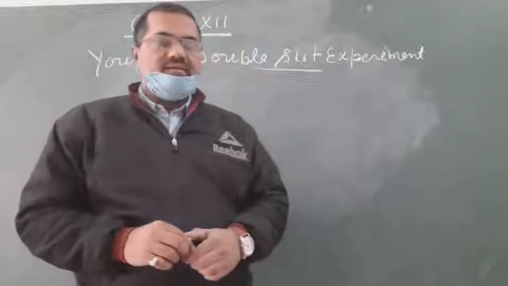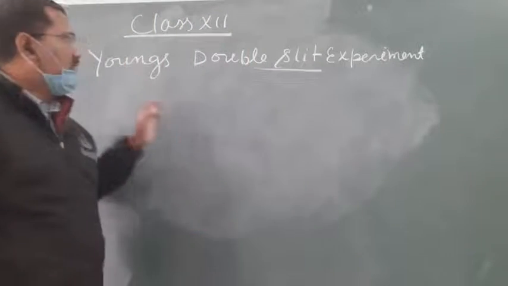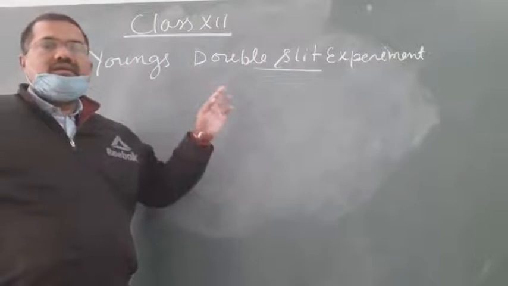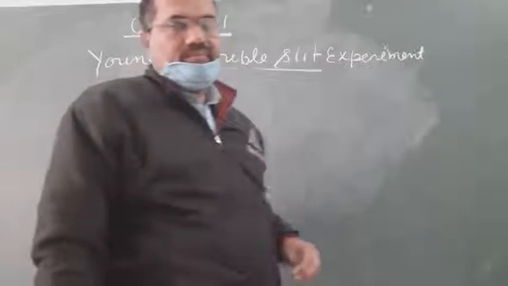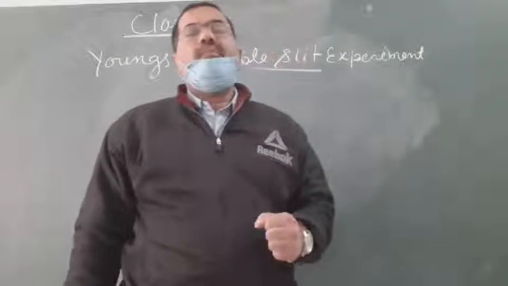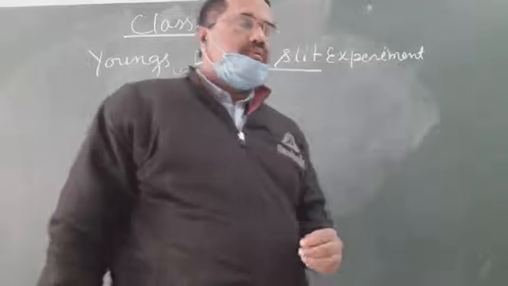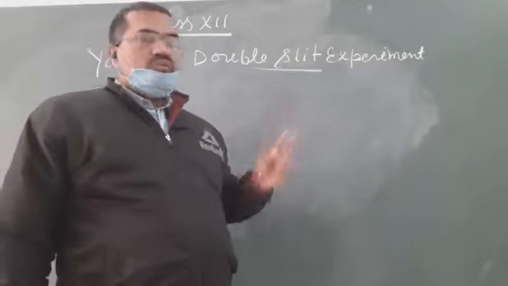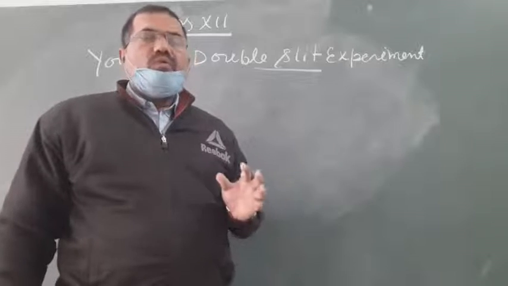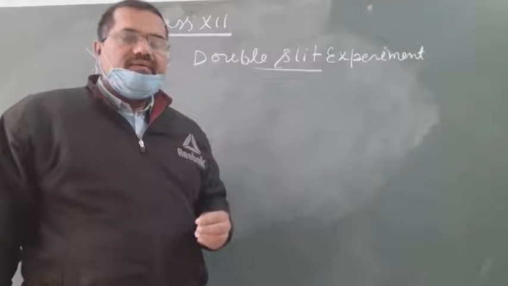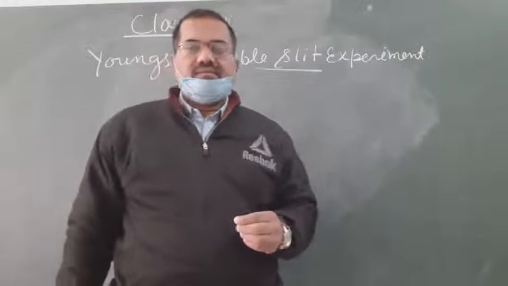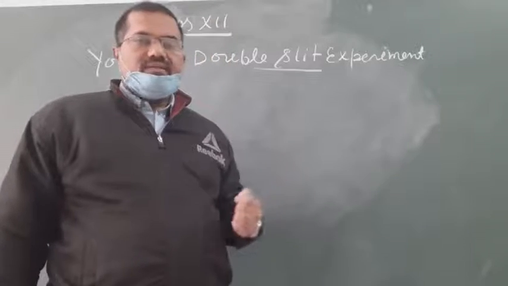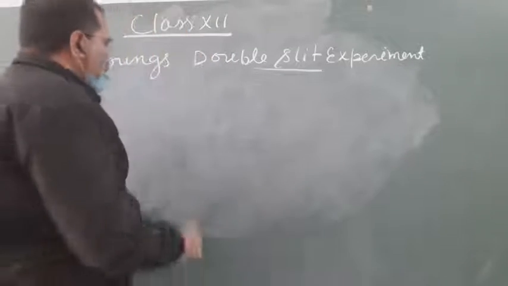Today our lecture is Young's double slit experiment. It's a very important part. As you know, there are two coherent sources, which have a constant phase difference at any particular location. So we made here